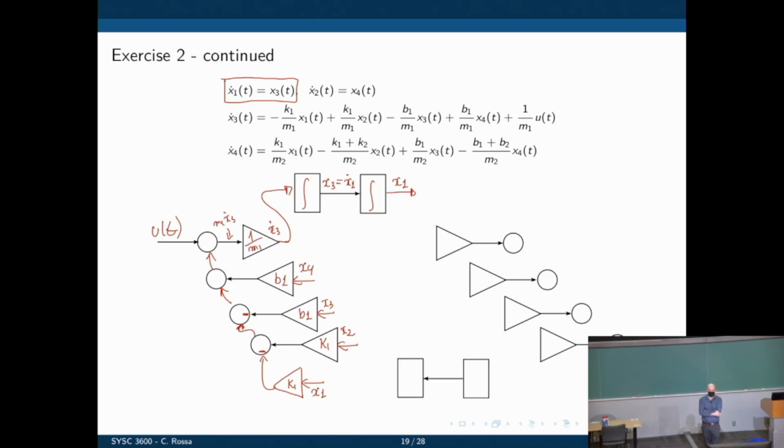Does that make sense? Okay. If that makes sense, should we move to X4 dot? The equation for X4 dot? So if you go for the equation for X4 dot, we can start by adding everything up. Again, so